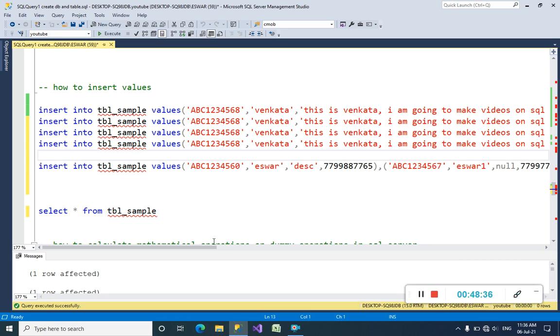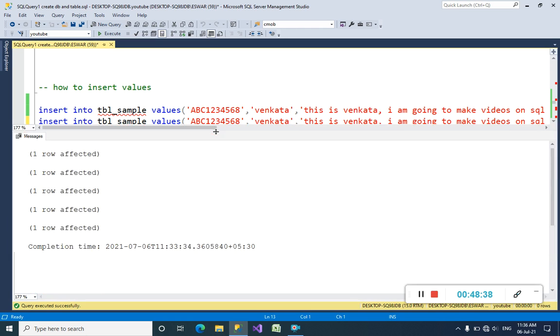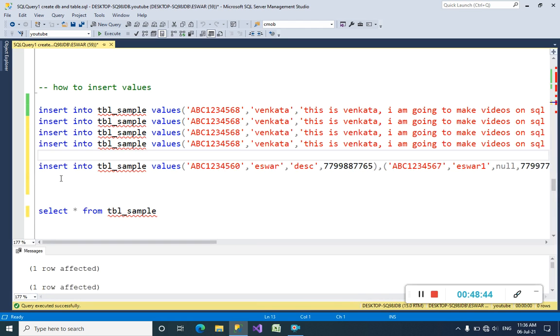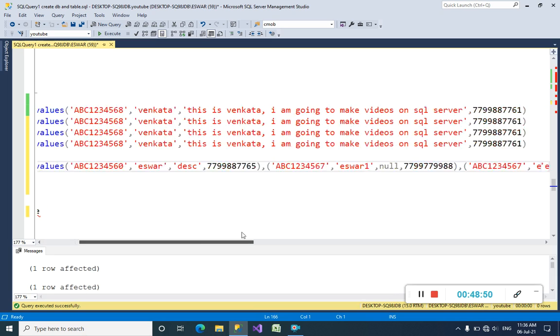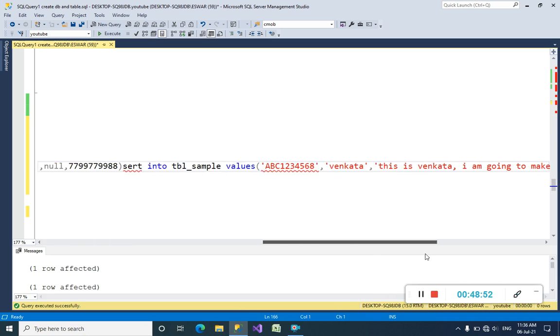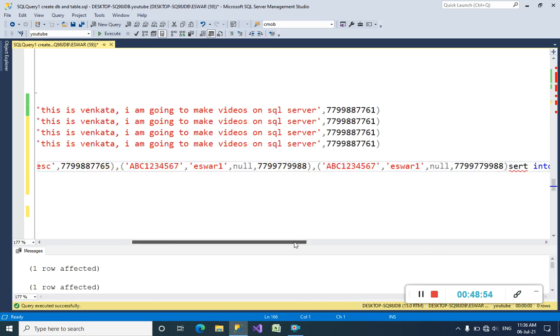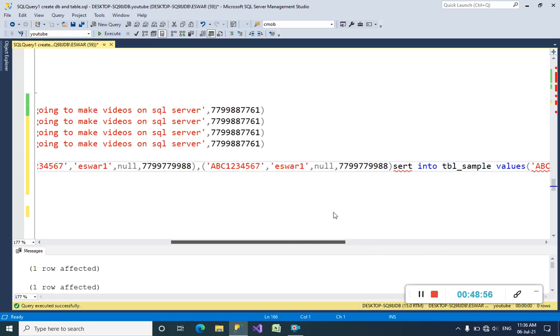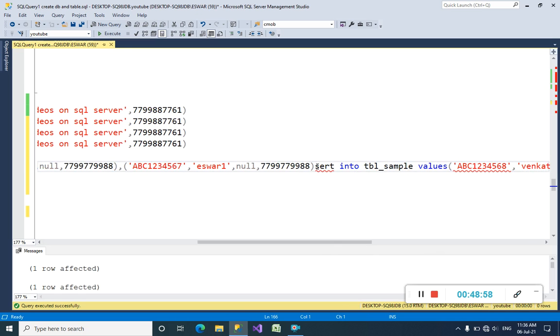Those 5 records were affected, and the result is like here, right? But when I execute this command with 3 values at a time, this command added here will give an error definitely.